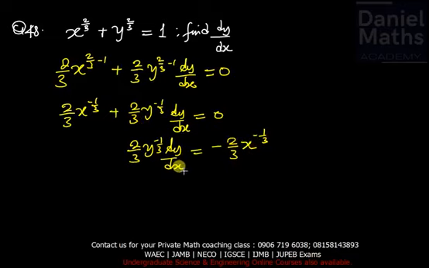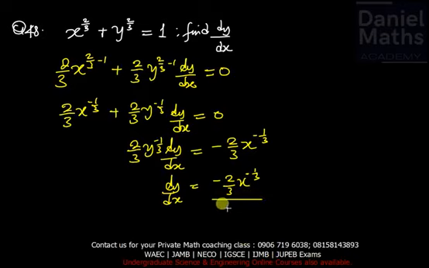Don't forget we're looking for dy/dx. So it means that dy/dx will give us this divided by this. We'll have minus 2/3 times x raised to the power minus 1/3, all of this being divided